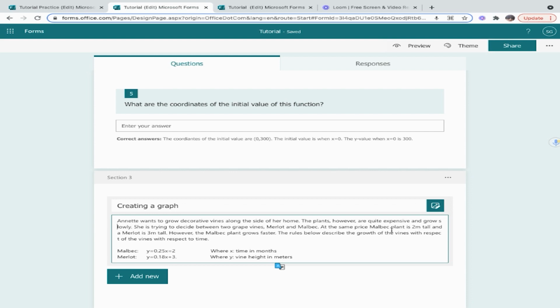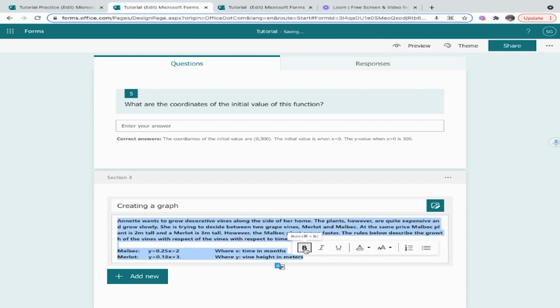Notice that the editor looks a little bit weird. Don't worry about that. In preview, it fixes itself. And also, you can customize all the questions. As soon as you click on the text, you can customize with a little text editor up here, so you can customize the text however you like. You can italicize it, underline it, etc. For here, I'm just going to bold it. Okay, so we're going to add a question that allows the students to upload their file.